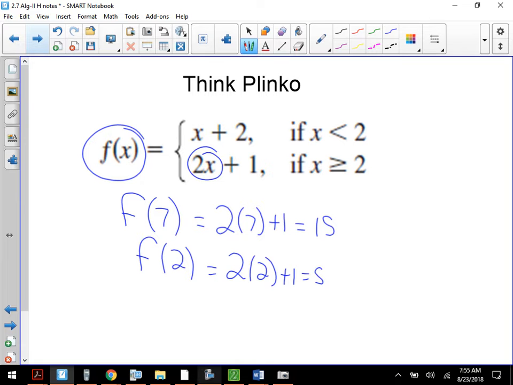Okay? Now, when it comes to graphing these, how you set up and do it does not change, but you'll probably want to have an eraser. Okay? And I'll show you why I would say that. So,